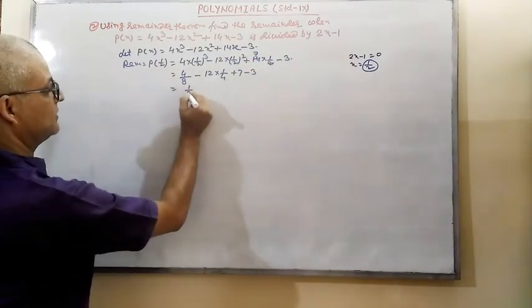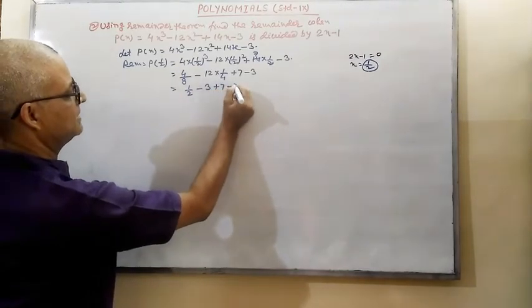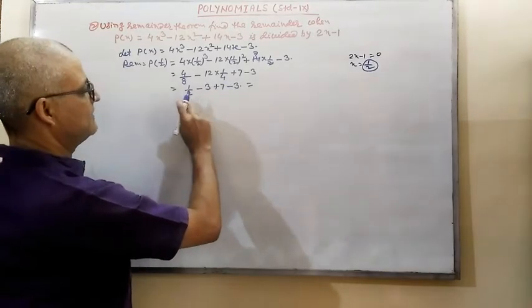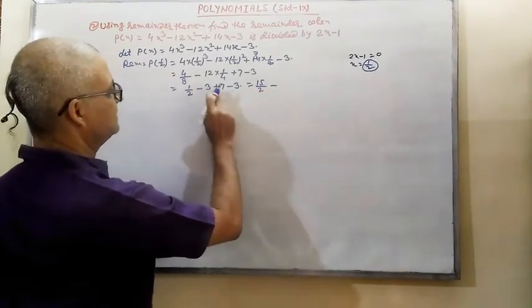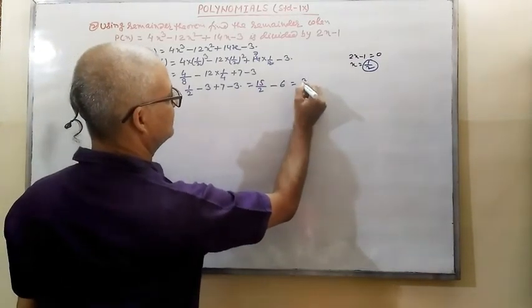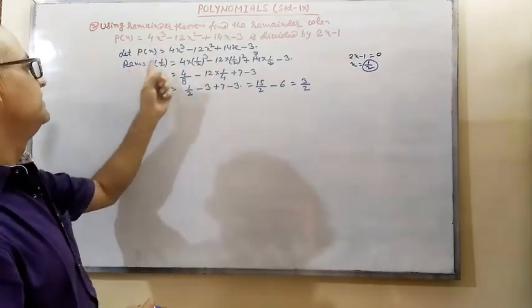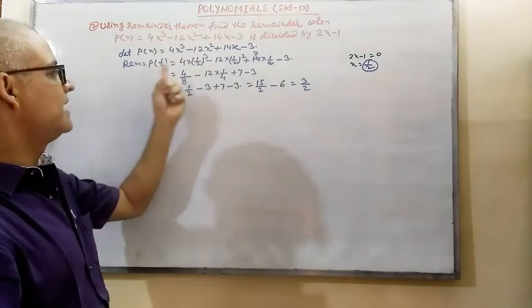Now this is 1 by 2 minus 3 plus 7 minus 3. So now that is equal to 7 plus half, that is 15 by 2, minus 3 minus 3, that is minus 6. So now it is 3 by 2. So when this polynomial is divided by 2x minus 1, then the remainder is p(1/2), and that is equal